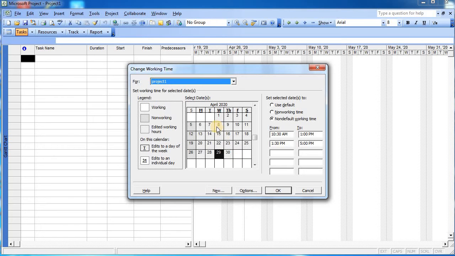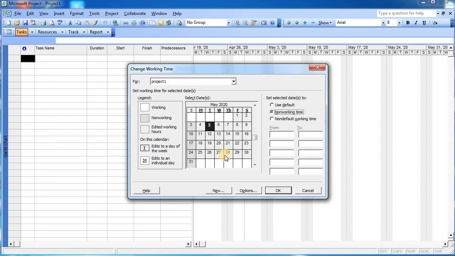And now you can see over here the edited working hours. This is done for all the months because we have selected the days at the top rather than selecting a particular day. Now we will go to a particular day. Suppose we said that we will start our project on 1st of May, and then we realized that on 5th of May it is a holiday, maybe a national holiday or any other reason, and thus we need to insert the holiday on 5th of May. So what I will do is select that particular day, go to non-working time and click over there.